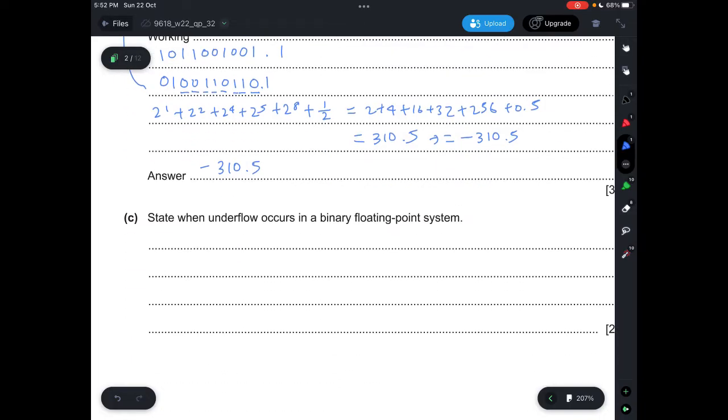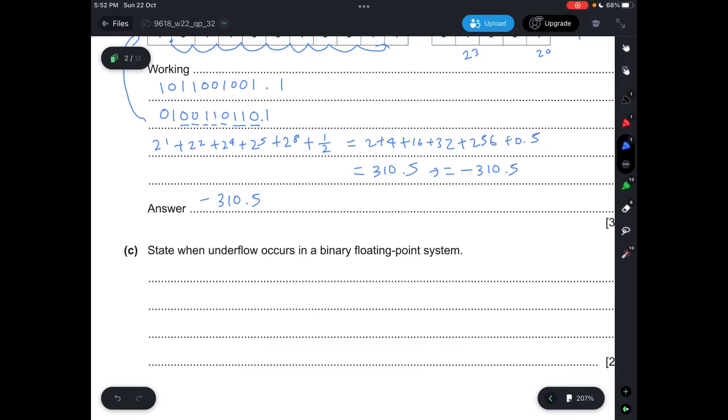Right, and then C, state when underflow occurs in a binary floating point system. Underflow happens when the number itself is too small to be represented using the available mantissa and exponent. So we just say that following a